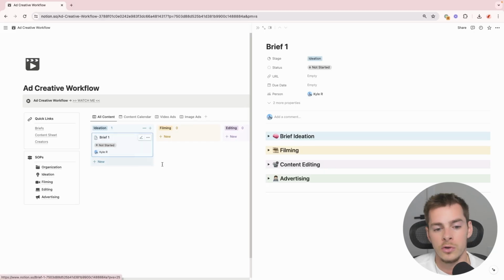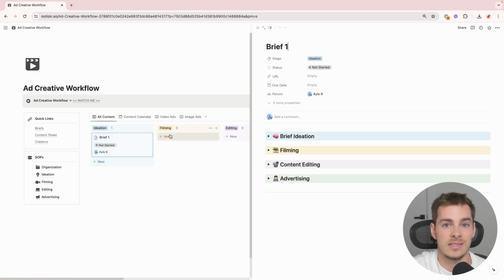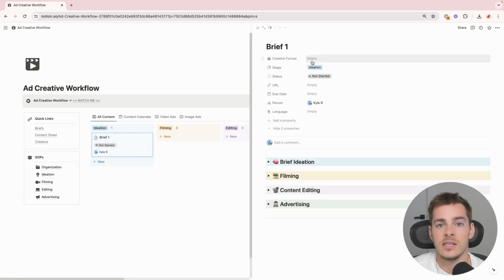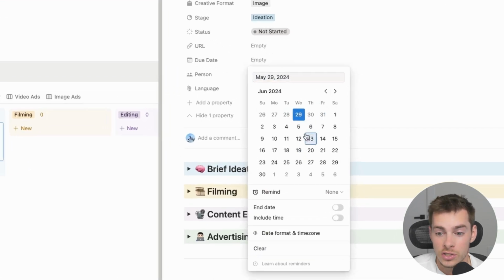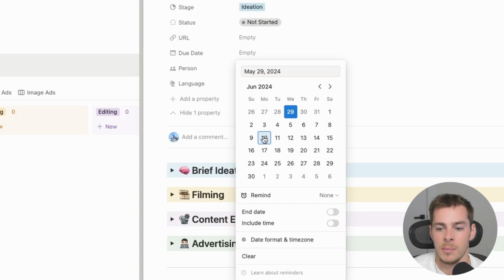Now, there's a lot of cool things you can do within Notion, such as set up simple automations. So if you have someone responsible for creator sourcing, you can have an automation where, when you move this to the filming stage, it automatically assigns that task to that UGC manager or creator manager, and it removes the ownership of the person who was responsible for the previous stage. Now, in this case, since we're sourcing images, we're going to select image. And generally when we come up with an idea for a brief, we want to have a due date in mind for when we want to launch this. So let's say I want to launch these ads on June 10th. Then I'm going to set that date here, and I'll show you why that's important in a moment.